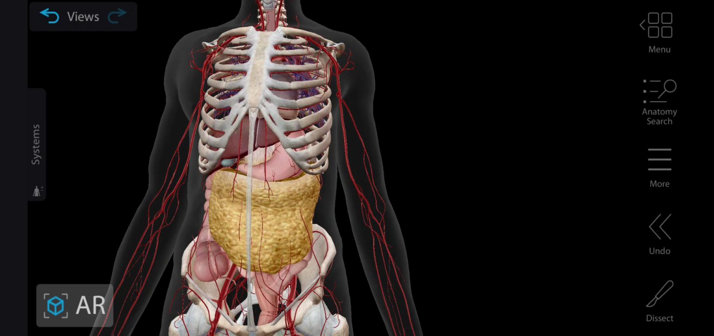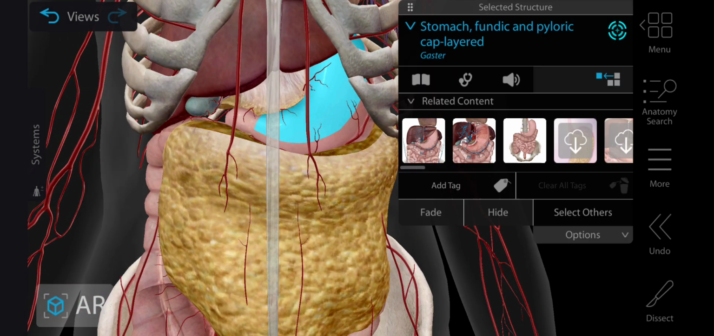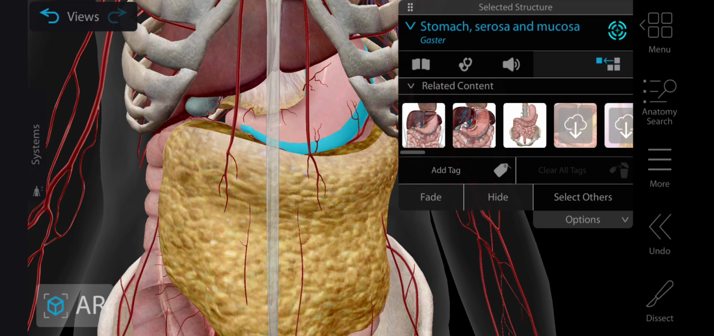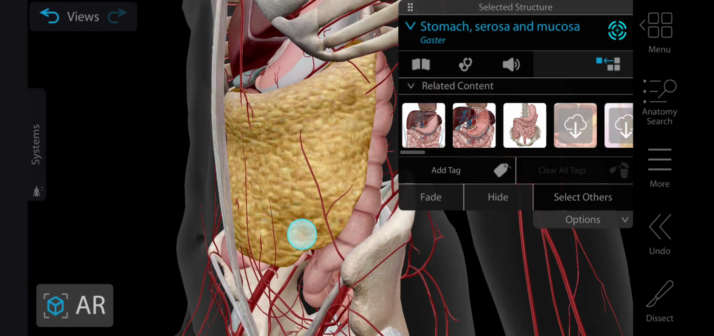Hi everyone. Today the topic of our discussion is the greater omentum. The greater omentum is a large fold of the peritoneum which hangs down from the greater curvature of the stomach. As we can see, this one is the stomach and this one is the greater curvature of the stomach. From this greater curvature of the stomach, the fold of peritoneum is hanging down till the coils of intestine, and